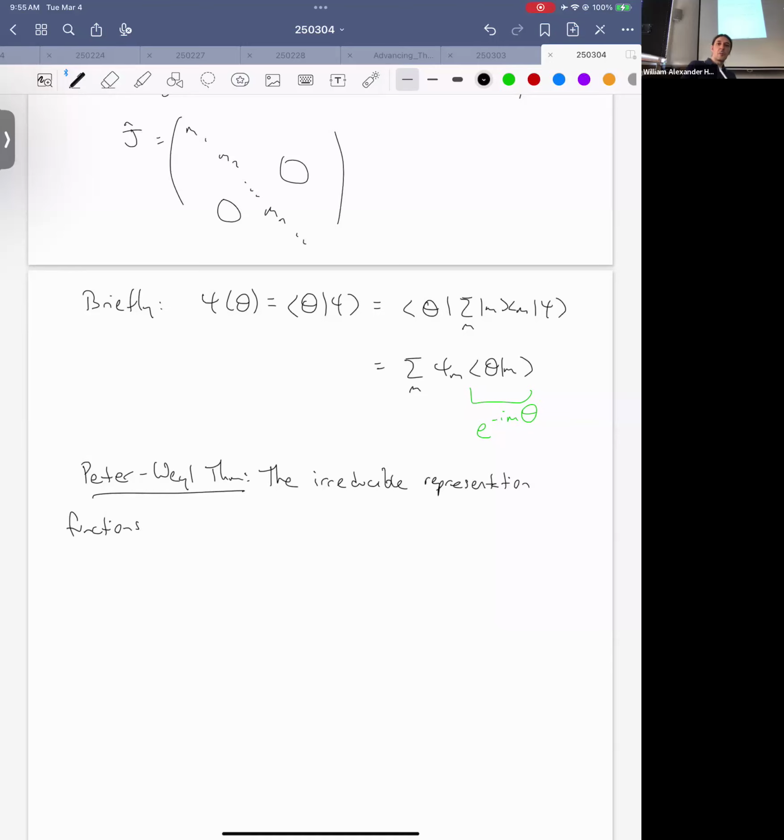Right? So far we've been thinking about the one-dimensional vector spaces. Now we're going to think about the infinite dimensional vector space of all functions defined on a circle. That's a Hilbert space. And the claim is, what we said before, that Hilbert space decomposes into a direct sum of one-dimensional vector spaces, each associated with spin 0, spin 1, spin 2, and so on and so forth, in the physicist's way of things. But the mathematician's way of thinking about things is just an e to the i m theta. And those e to the i m thetas form a complete basis. So the irreducible representation functions form a complete basis